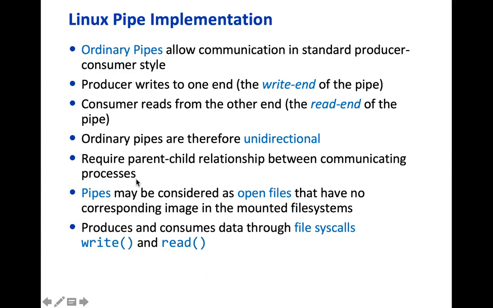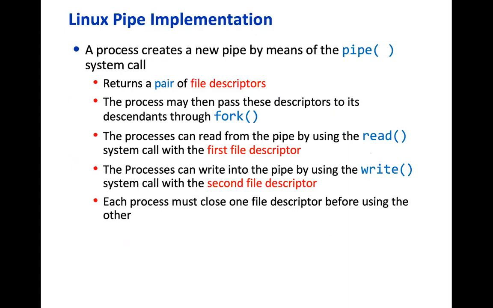Now note that pipes can be used only if there is a relationship between the processes, some ancestry. Two independent processes created by two different parents which are not related, like a client process and a server process that are not related to each other, cannot use a pipe. That's the reason this pipe mechanism is used only within a system. It cannot be used across. All right, now let's look at the details of this.